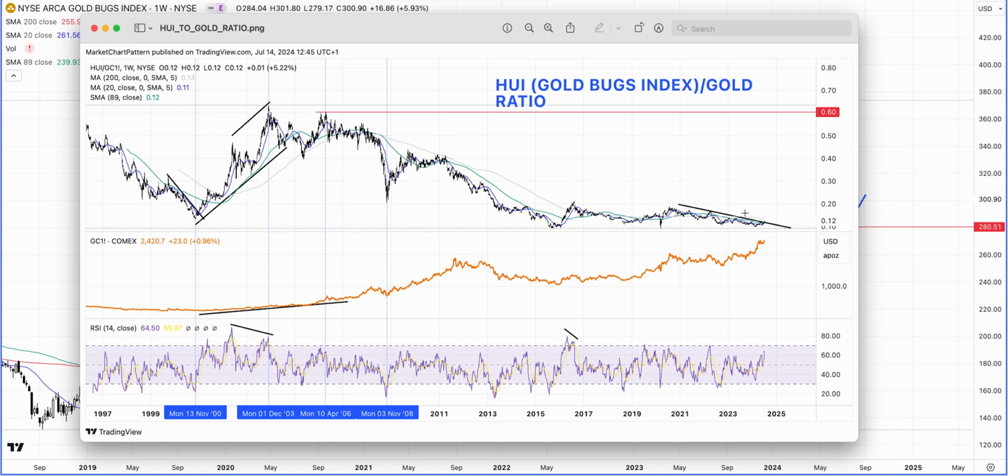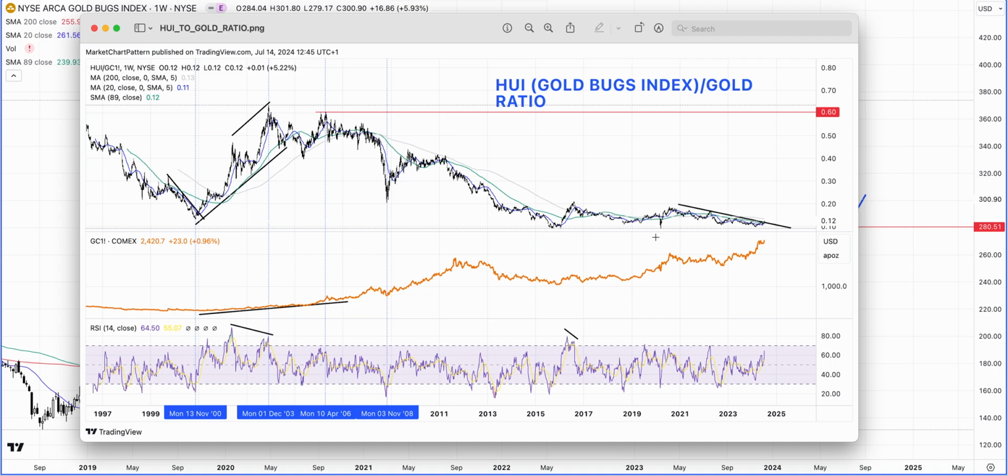But here is the real thing that I'm watching. So let's go back to the late 1990s and the early 2000s. This is where we had this ratio really touching towards what was the low point back then. And then what we saw was, if we just draw a trend line like this, it eventually broke above the trend line. And what we have going on right now is a similar situation. In fact, it's kind of a double bottom here, that we have seen this ratio forming a bottom around the end of 2015, 2016, around here.